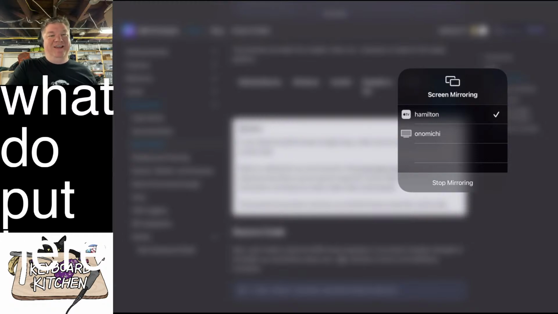I wonder if I can hook an Ethernet adapter up to my phone. Okay, screw it. This experiment is